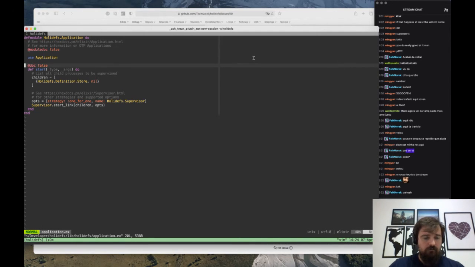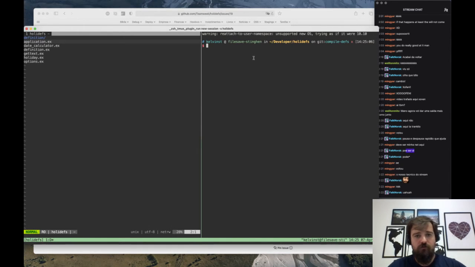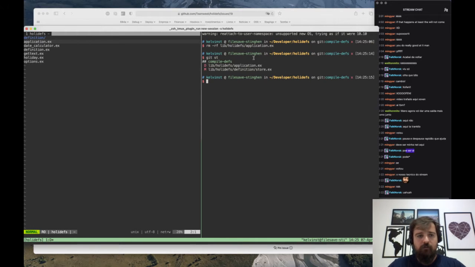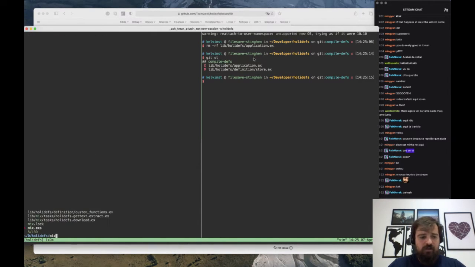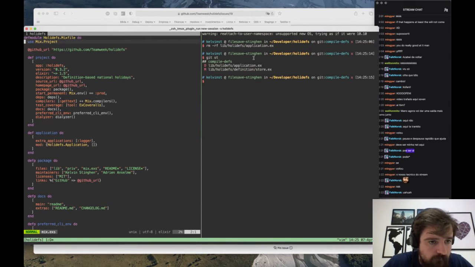application. Here we don't need this module anymore because we are not going to start any process on this thingy now. So I can totally remove this file. I don't remember how you remove on Netterw. All right, I don't care. I'm just going to do rm -rf lib/holidefs/application. Right, application was removed, and then on mix.exs I have to remember to get the mod here and remove it too,